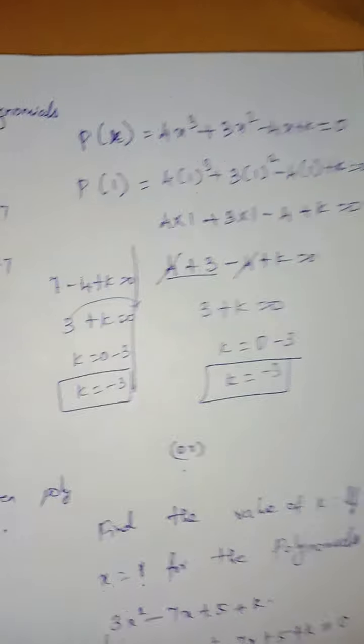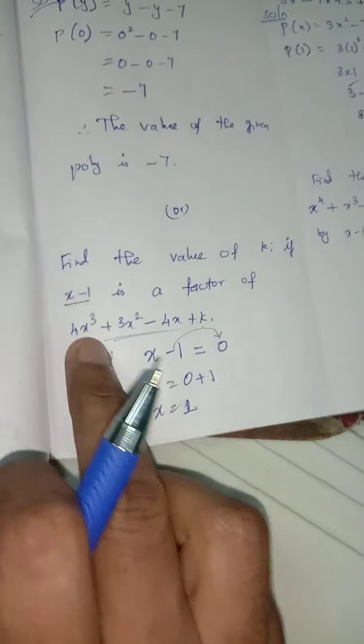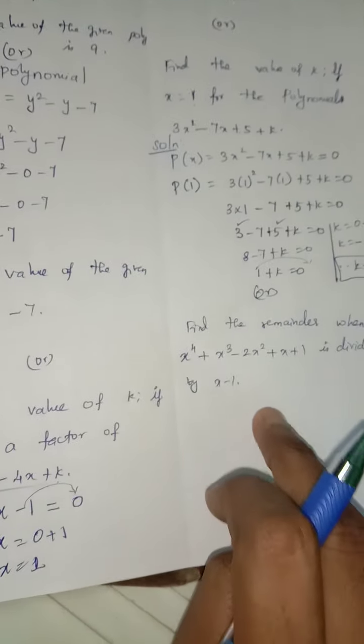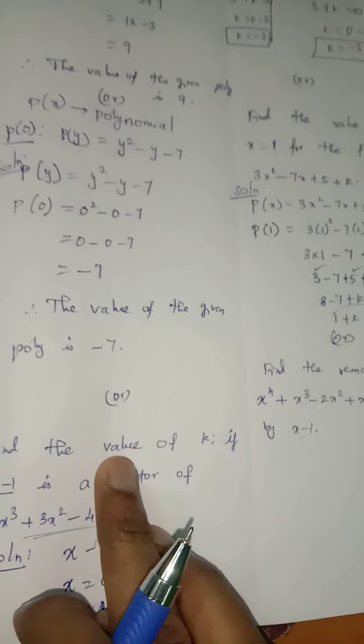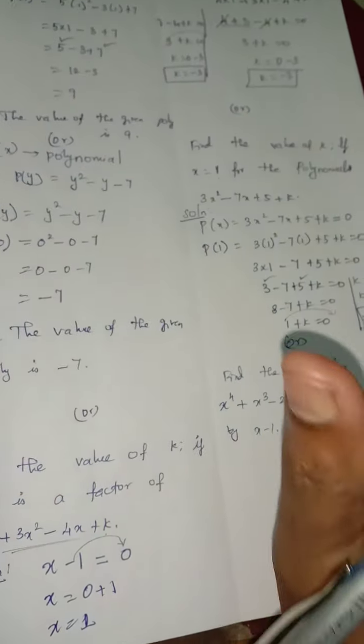Therefore the value of k is minus 3. That's all. In this question they gave the value of x directly, here they didn't give. From this we want to find the value of x, after that only we want to substitute in the polynomial. Same process as we did here, we are going to do here also. That's all, very simple. If they ask us to find the value of k, or find the factor, or find the remainder, everything is the same, only substituting the value and finding the answer, that's all.